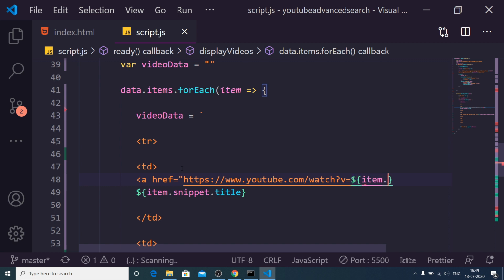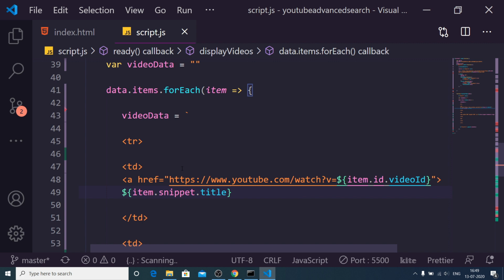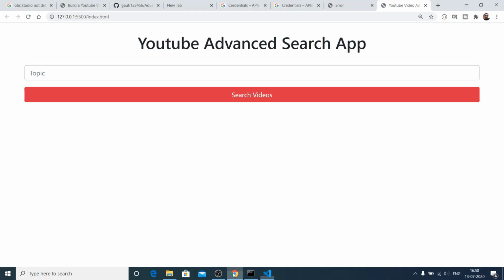In order to get the video ID, we will use item.id.videoId. So close this, and inside this also close the anchor tag like this, and now if I refresh, you will see this is clickable.